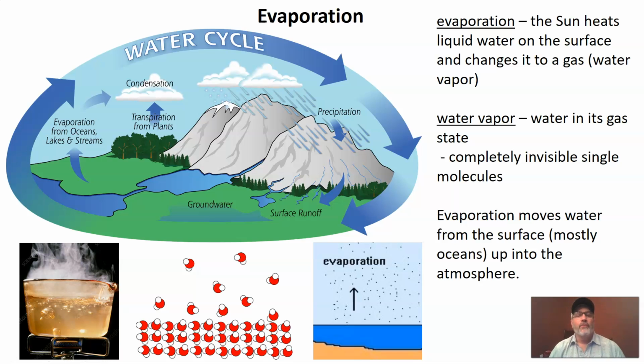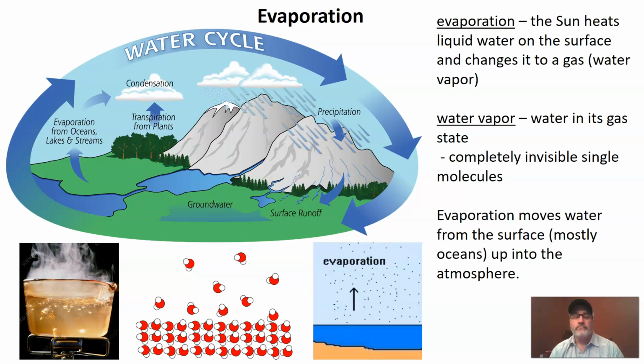So when we talk about the four main processes in the water cycle, we're usually going to be looking at a diagram, something like this. And those four main processes that I'm talking about are evaporation, transpiration, condensation, and precipitation. Now, you're going to see lots of water cycle diagrams that have many more words. And depending on how complex a diagram you have, it may be too much for sixth grade. But we're going to look at these four basic processes to begin with today, and we're going to start out